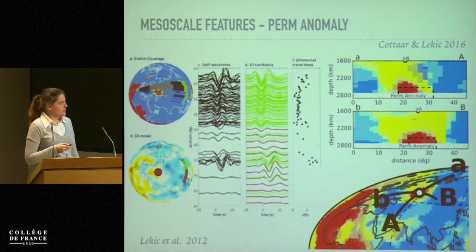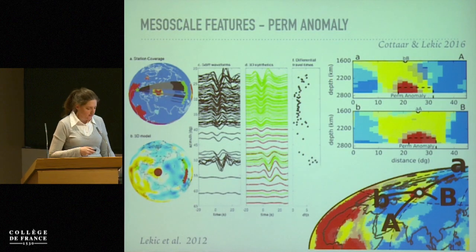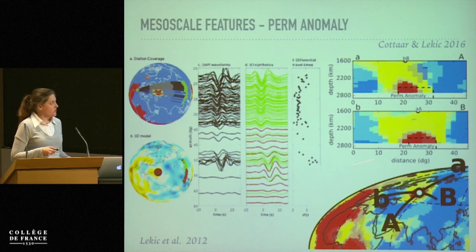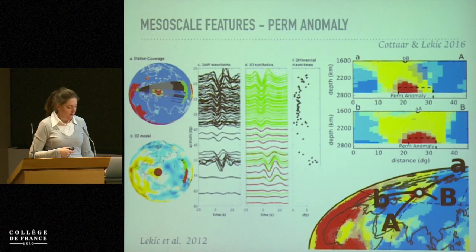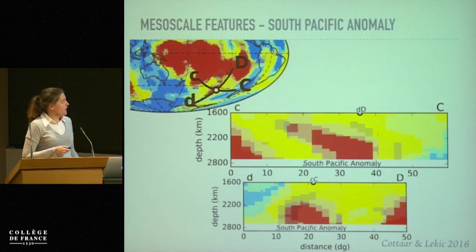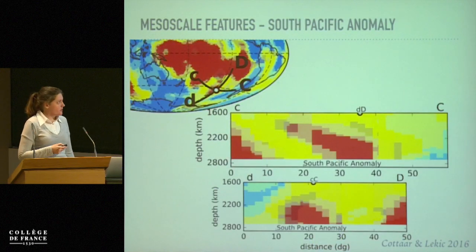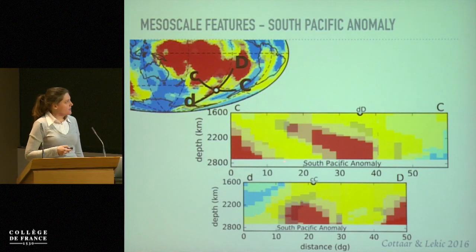We did not have good resolution on the height in our modeling, and this is the southern boundary of the Perm anomaly, which we also didn't have good data on because we don't have any coverage there. But generally the shape agrees. And the modeling here suggested that the velocity reduction is quite similar to the other LLSVPs, so it's suggested to be the same material. We see the suggestion of another such feature here in the South Pacific